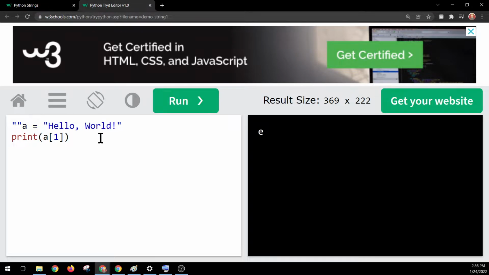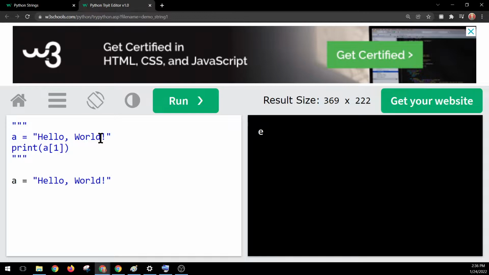Okay, I want you to do this one. Copy the code, rewrite the code just to get the hang of doing this. So a equals hello world, and then print the variable a, which is a str variable, but a str is considered to be a collection of characters, so it's similar to an array, similar behavior as an array. And then you can ask it for the value at position 1 of the array. So if you print that,